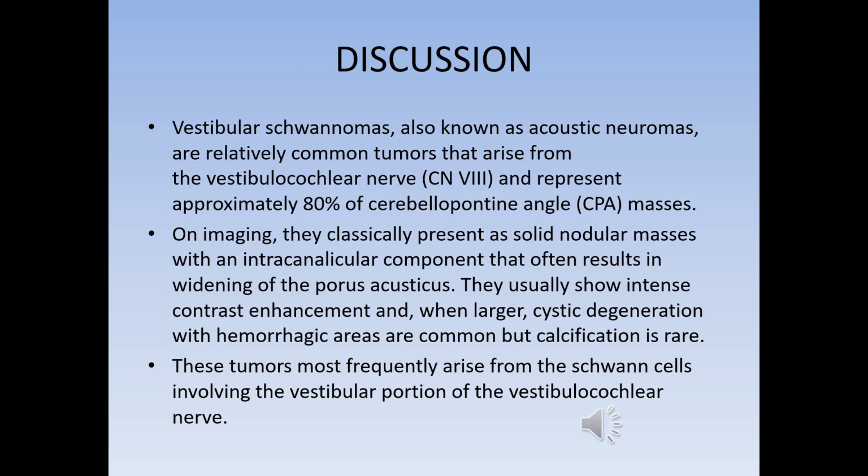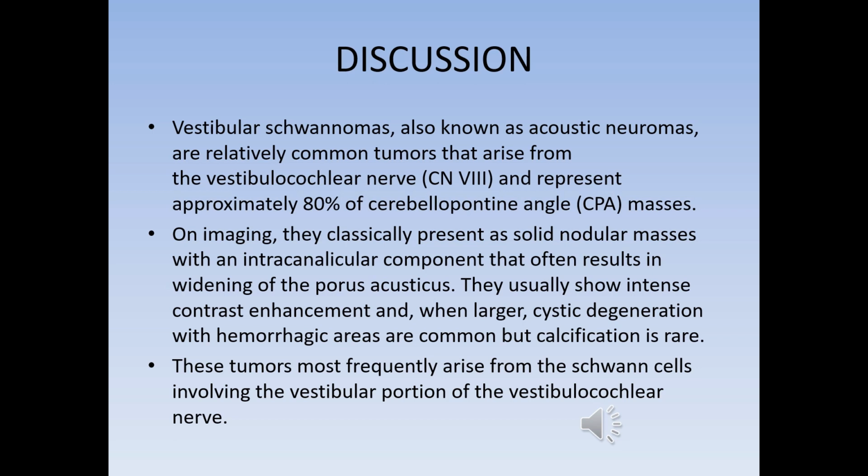Let's do a quick review of a few take-home points on vestibular schwannoma. Vestibular schwannomas, also known as acoustic neuromas, are relatively common tumors that arise from the vestibulocochlear nerve and represent approximately 80% of cerebellopontine angle masses. On imaging, they classically present as solid nodular masses with an intracanalicular component that often results in